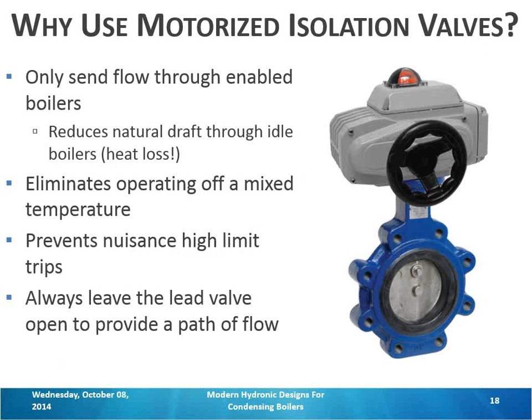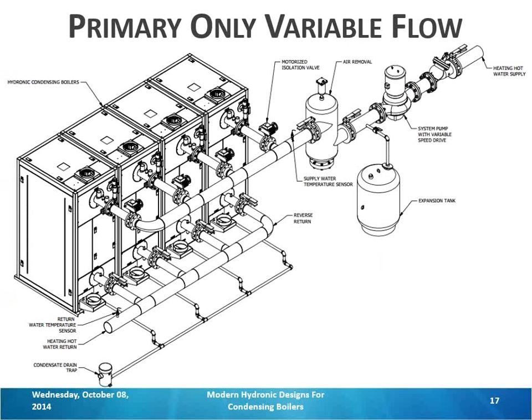So when you bring a boiler on, you open that valve? Yep. I would recommend just 2-position open, close. And how do you account for what the pump is? So the pump is going to be variable speed, typically. And as that valve closes, it's going to affect the differential pressure. So that pump, if you're using differential pressure control, is automatically going to speed up or slow down based on that. If you're using differential temperature control, which I'll talk about in a little bit,